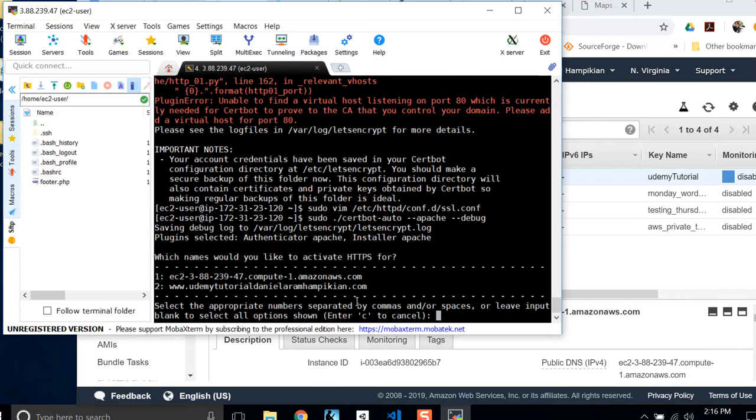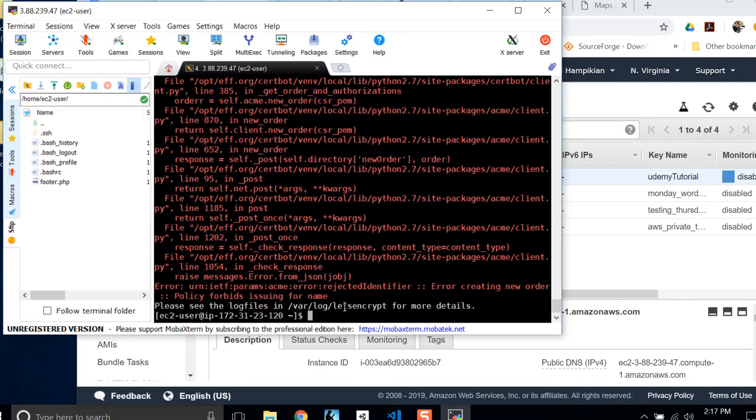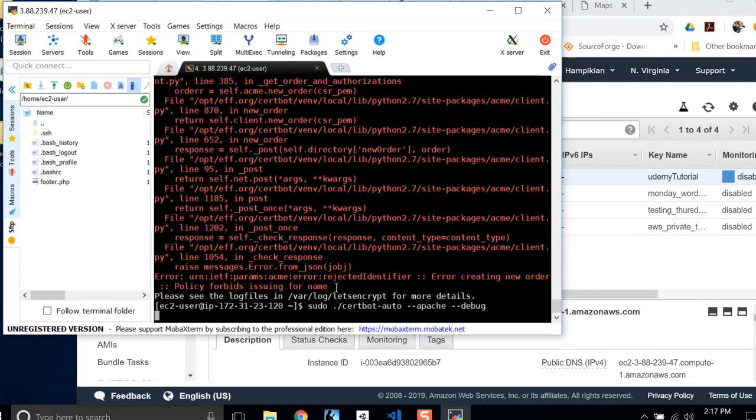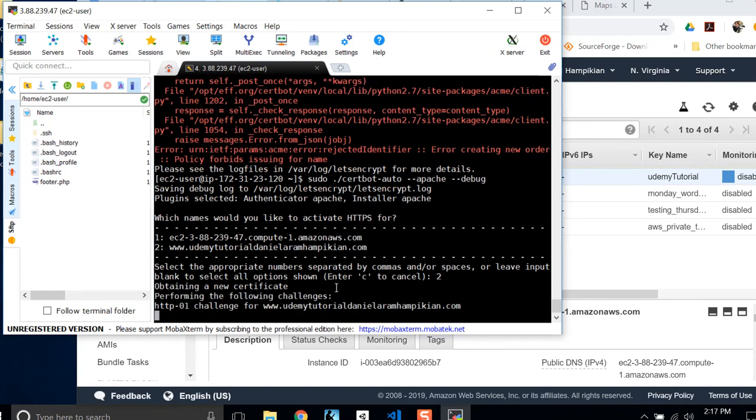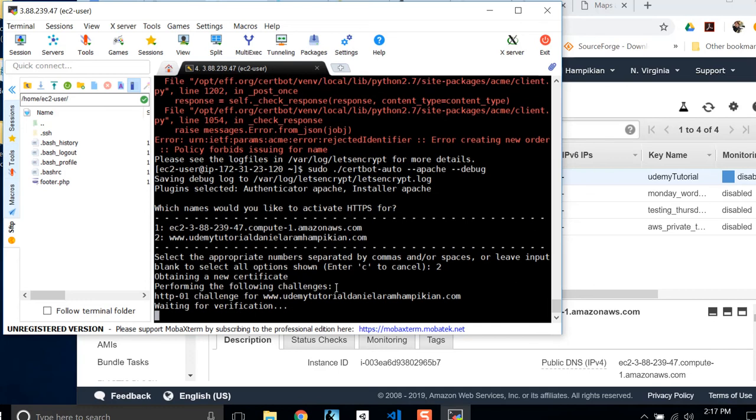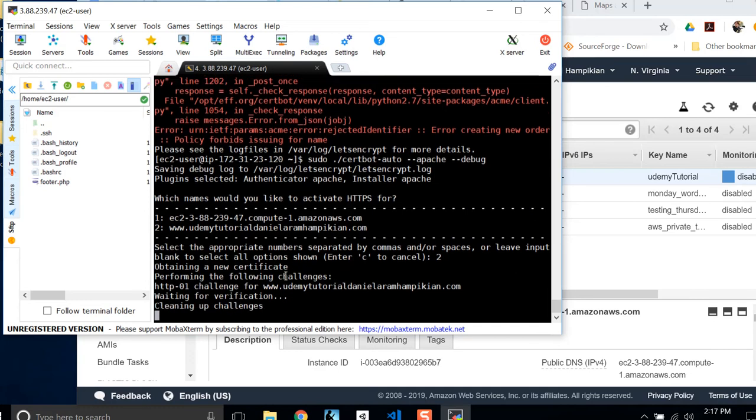Select the appropriate numbers or leave it to show all. Would you like to activate HTTPS for? So let's select them both. All right. Let's try that again and just select 2. And we are obtaining a certificate now and challenging,